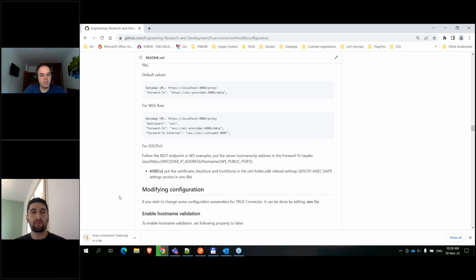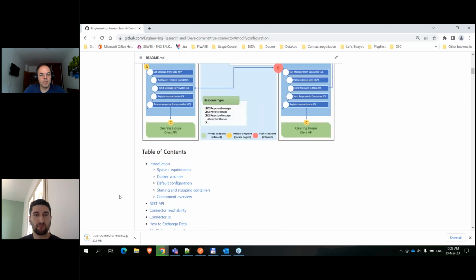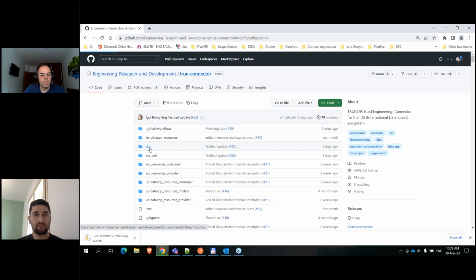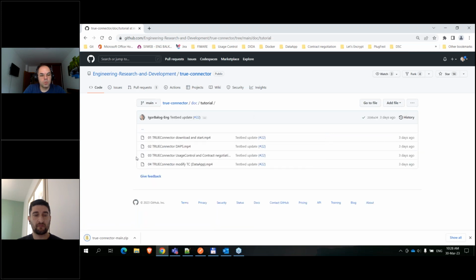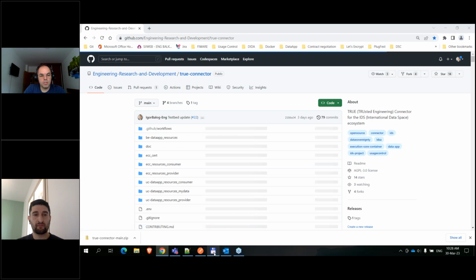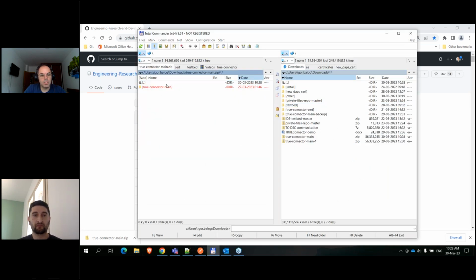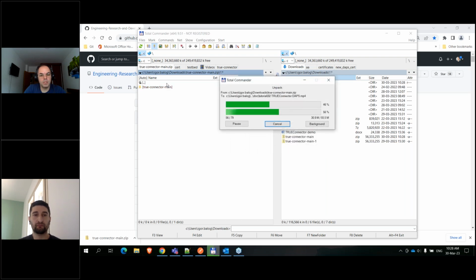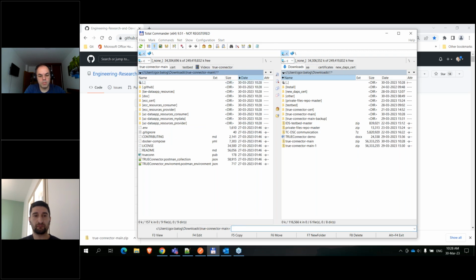Why this one is taking a little bit longer is that we have also added here in the document folder, in the tutorial, the videos, basically the same thing that I will do now. So this one has been downloaded into the True Connector main. If we extract this, go into the True Connector main, and open the terminal,